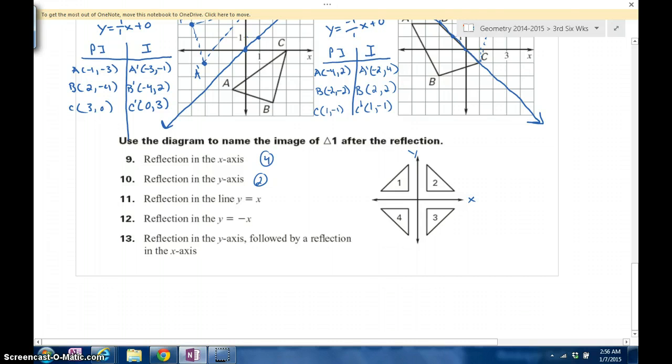Now, if we reflect across y equals x, you've got to kind of draw it out. That's the y equals x line there. So if we reflect 1 across that, we would get triangle 3. We also have y equals negative x, and that looks like that. So you've got to kind of memorize what they look like. Alright, that's negative x. And if we reflect triangle 1 about negative x,